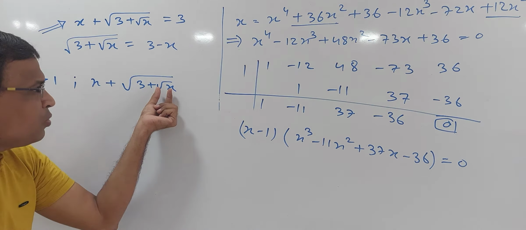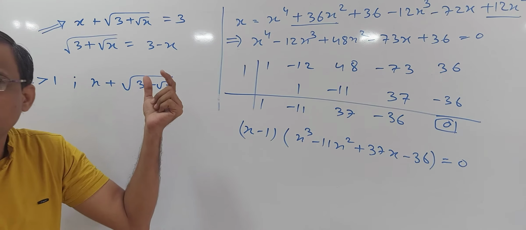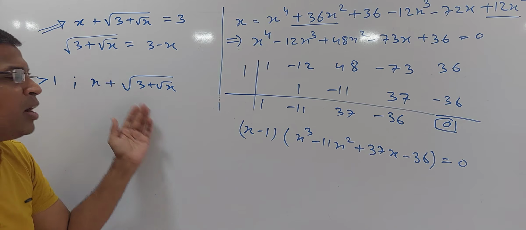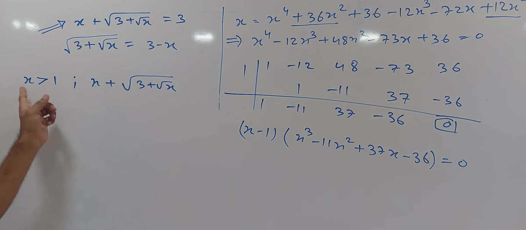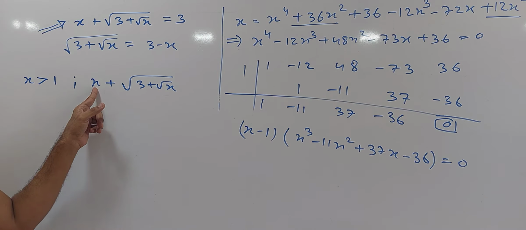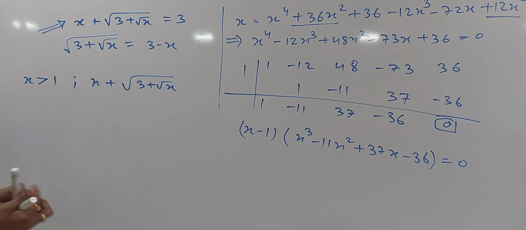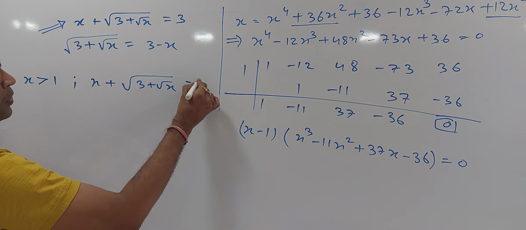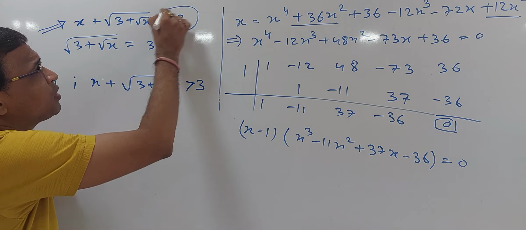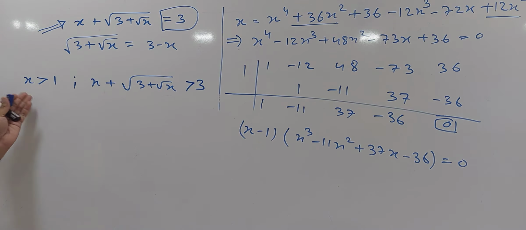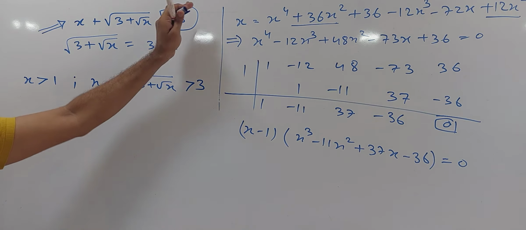Other than root x, we are getting a number greater than 1. So 3 plus greater than 1 is greater than 4 in total. So under root of greater than 4 will be greater than 2. That is greater than 2, and x greater than 1 gives a little bigger value than 1. So greater than 1 plus greater than 2 will give me an answer greater than 3. I will not get equal to 3. So any value greater than 1 will give me an answer greater than 3, so I am not getting anything equal to 3.